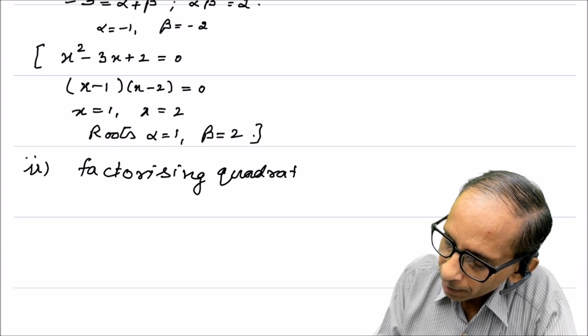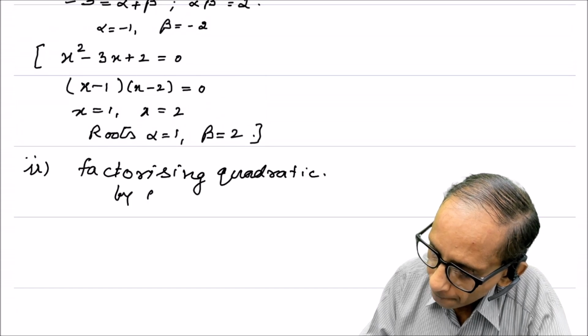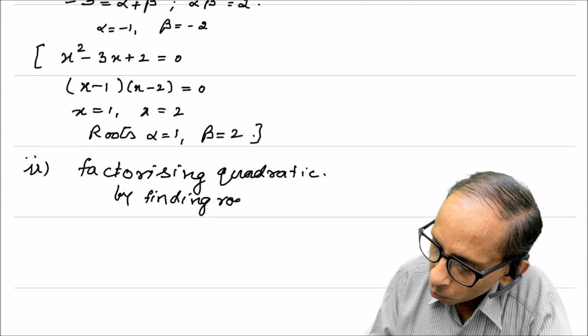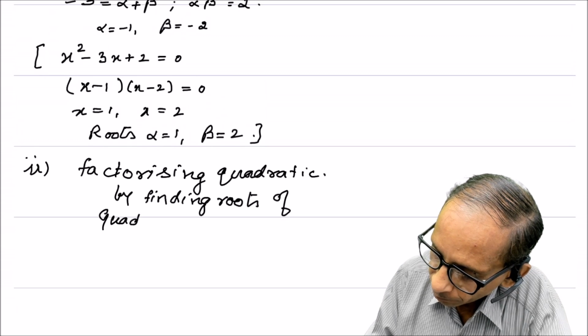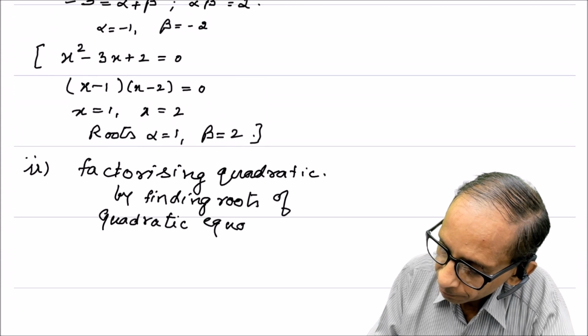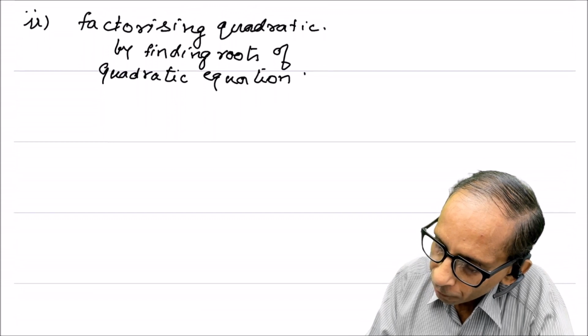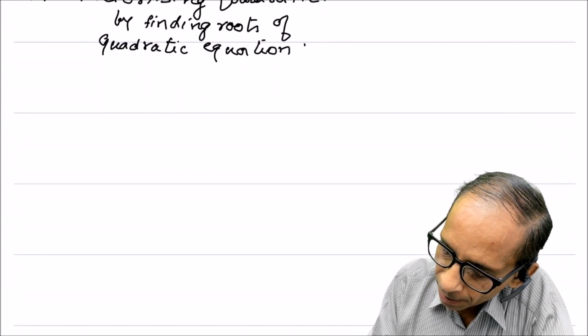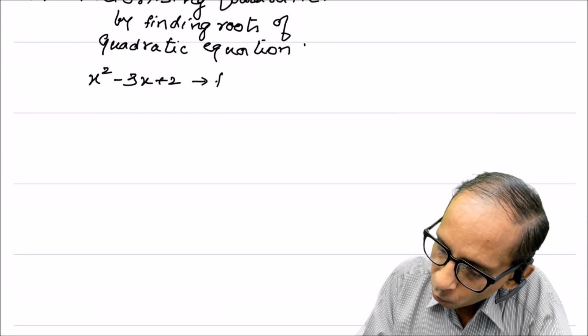This second way is not by splitting of the middle term, it is by finding the roots of the quadratic equation. What we have as a typical example is x square minus 3x plus 2. If we have to factorize it,